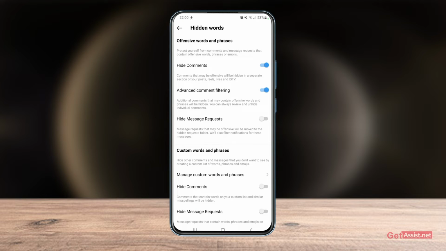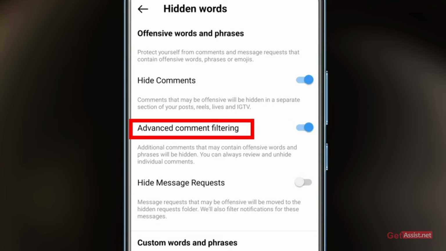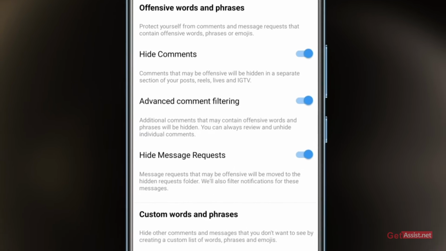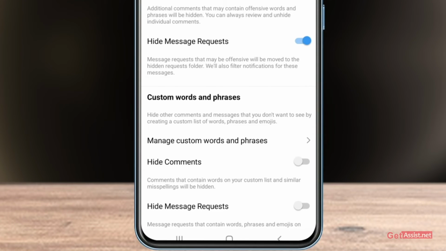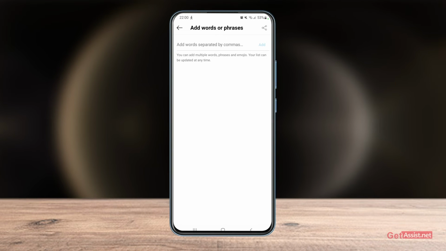and now here, as you can see, the toggle has been turned on for hide comments and advanced comment filtering. Alright, now you can also turn this on for message requests, and if you want to add your own words and phrases, you can do that here. Simply tap on manage custom words and phrases, and now here you can simply add words separated by commas that you find offensive. Alright,